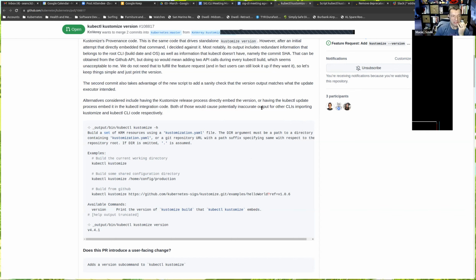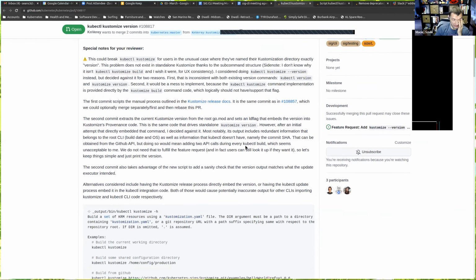My biggest concern is that I do understand why people might desire to know the version of Kustomize, but at the same time, I'm not treating Kustomize as a sub tool or anything like that, because that's where standalone Kustomize enters the picture. I'm treating Kustomize inside of kubectl as a library, and by definition, we don't put that kind of information in kubectl. If you look at kubectl version, you will only see the server version and the client version without going into details that we're using, I don't know, client Go this version, API machinery that version, and so forth. So that would actually be a precedent for kubectl to give you a little bit more detailed information